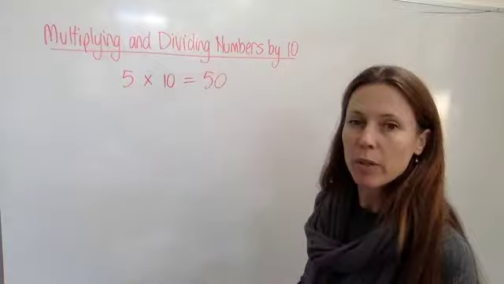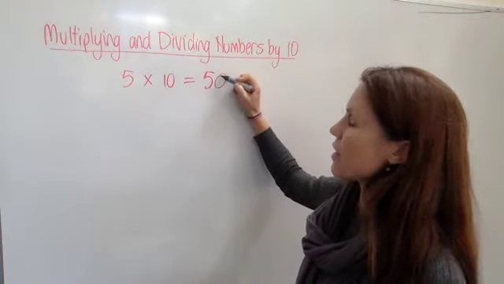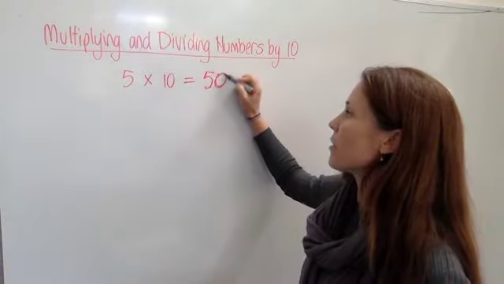Now you've probably multiplied numbers by 10 before, and perhaps also divided them. And I bet the method that you used was, if you want to multiply a number by 10, say you multiply 5 by 10, we know the answer to that is 50, but the quick way of doing it is you just write the number 5 and then you just chuck a 0 on the end and you get your